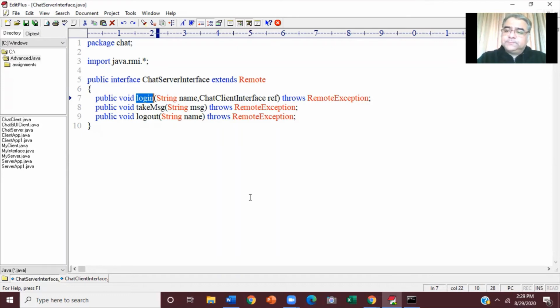So what do you think we should do? Yes, we can use a map. Remember, key value pair. We can use a HashMap or a Hashtable or a LinkedHashMap, TreeMap, key value pairs, two things together. Both of them will get stored together, so that association will also be maintained. The key is the name of the client, and the value is his stub. Yeah, that's a good idea. We can do that.